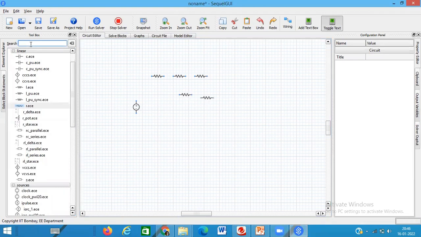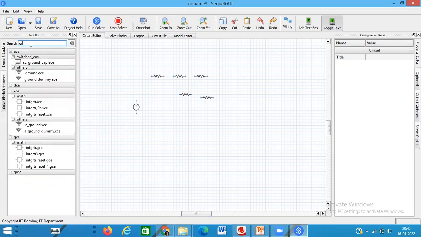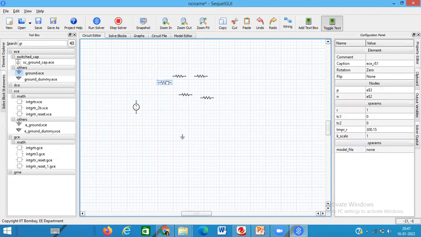Now you want the ground as well. When you select ground, you can see ground dot ECE. Click it here, and when you come to the circuit editor, double click it. Now you arrange it as per the circuit diagram given. So now I'll just arrange it. You just have some little patience till I complete the file.